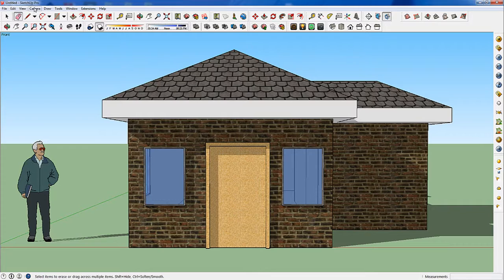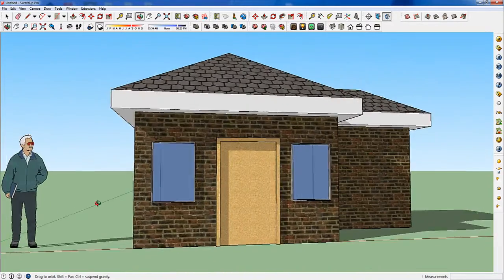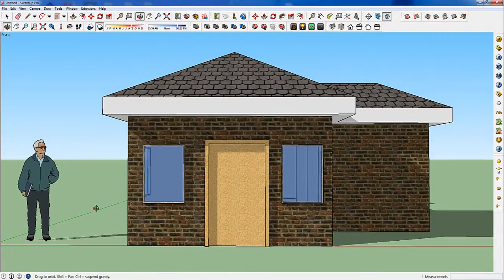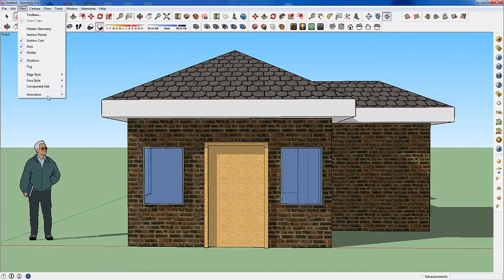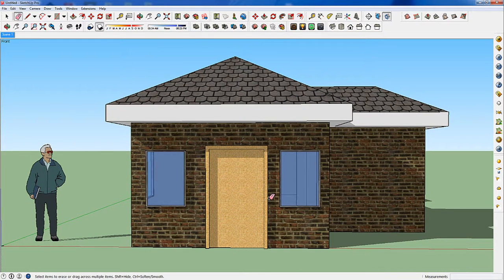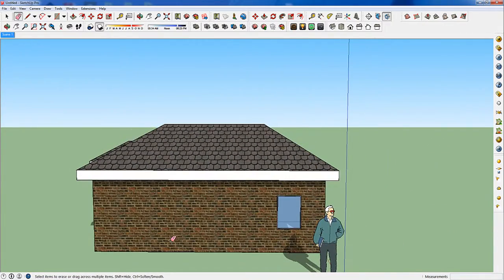So next I'm going to just Alt middle mouse button to rotate around the screen. Okay, so we're going to go and do an animation. So we're going to add a scene. This is our first scene. Our second scene will be